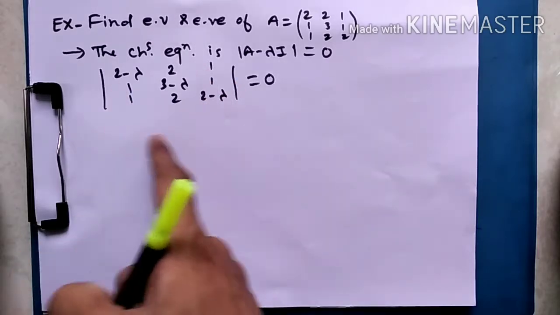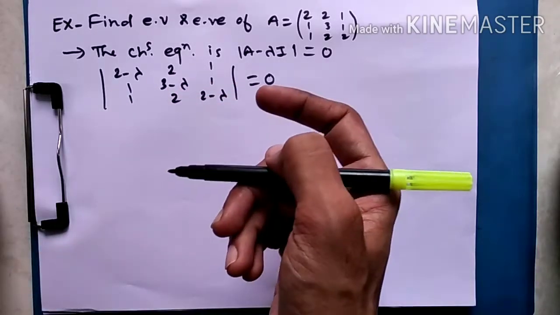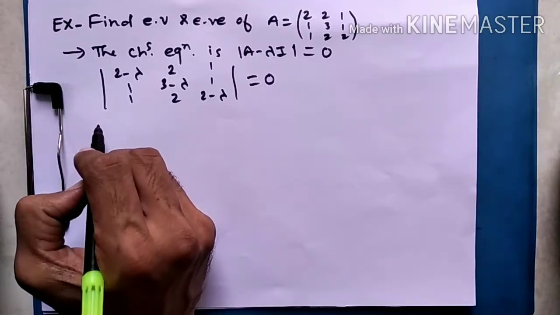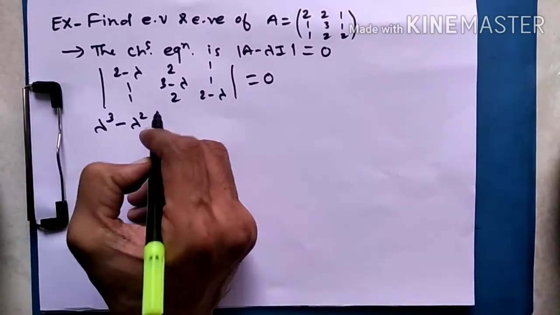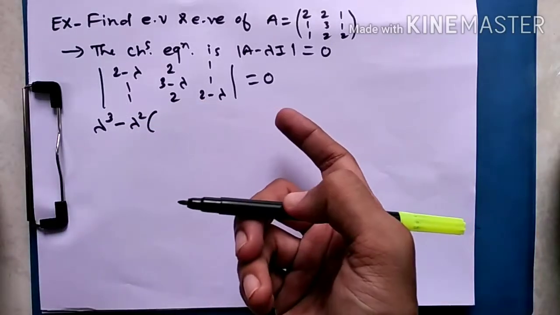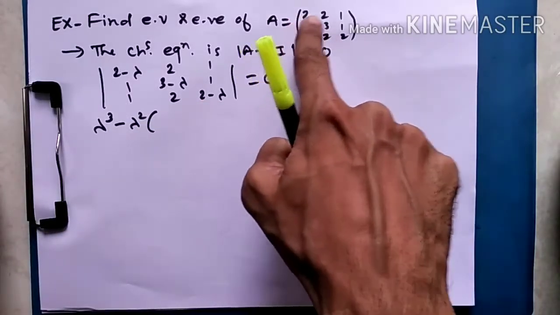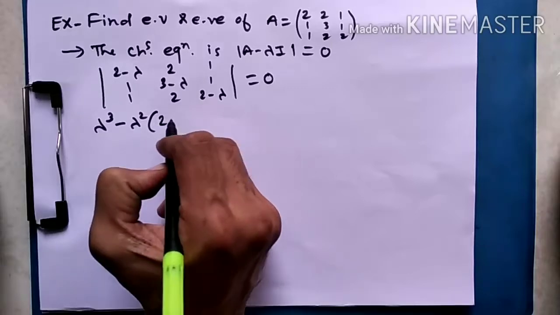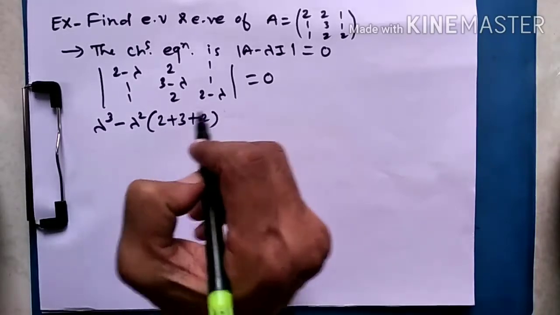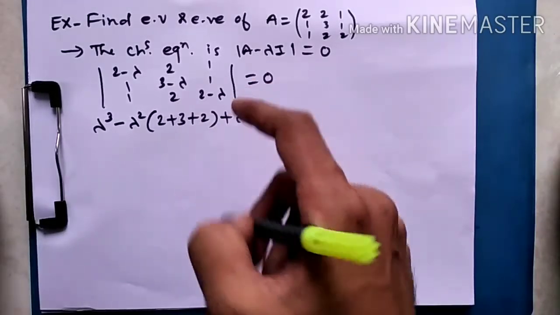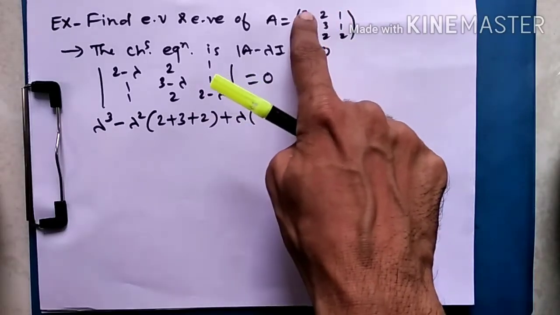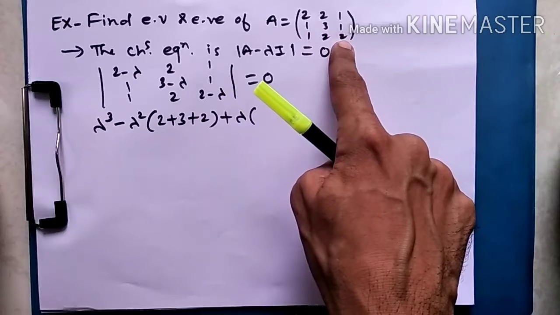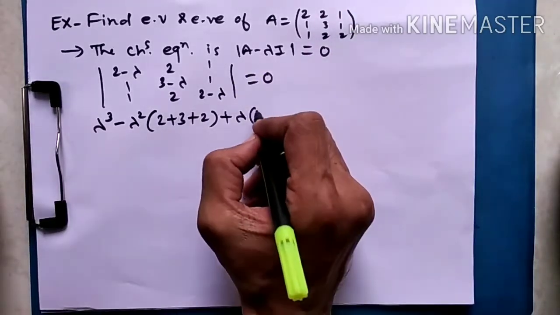Again, instead of finding the determinant, we will go for the same formula. Now I am not writing the formula again. We will put the values directly. It is lambda cube minus lambda square into the sum of diagonal elements, that is 2, 3 and 2. So carry these values as they are with their sign. Then plus lambda into the sum of minors of diagonal elements. So hiding first row, first column will give you 2 into 3, 6 minus 2, that is 4.